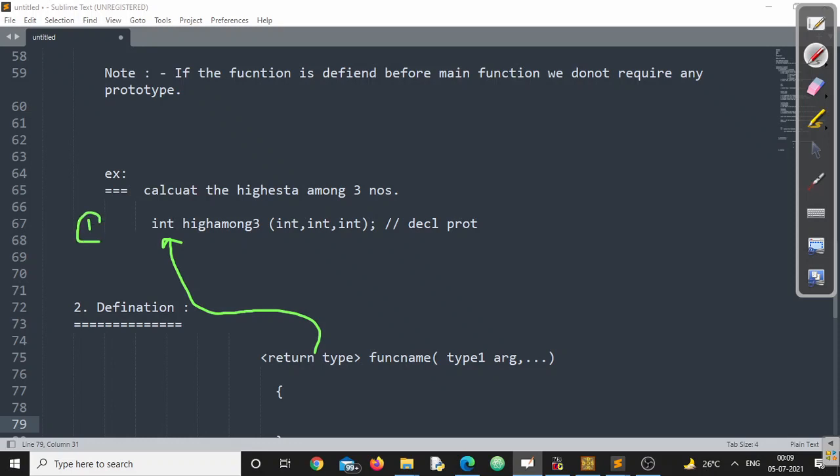Number 1, if I am defining the same function. Number 2, the function name, obviously they should be the same. Number 3, the number and order of arguments present in the prototype should be the same as the number and order of arguments present in the function definition. These 3 things should be the same, otherwise 100% you are going to get a compiler error.